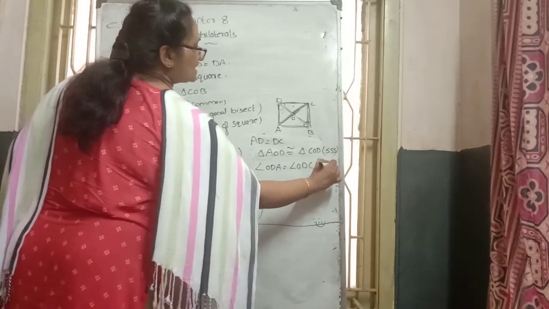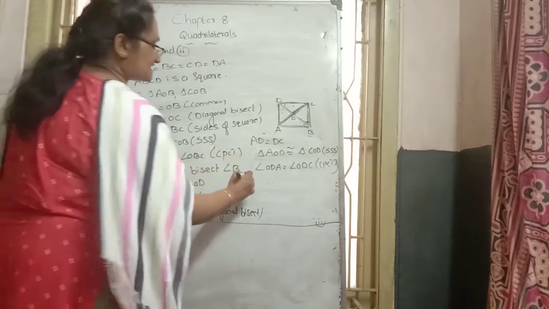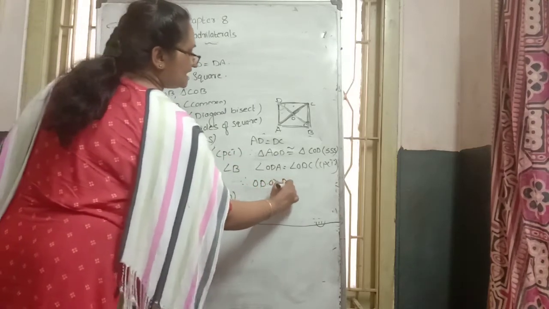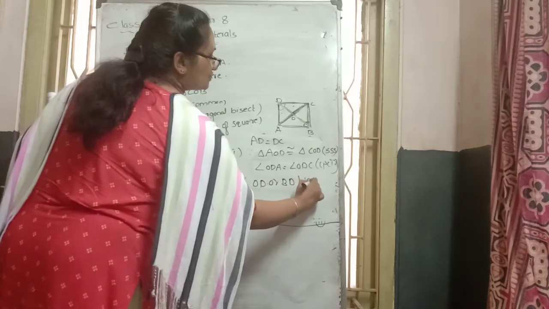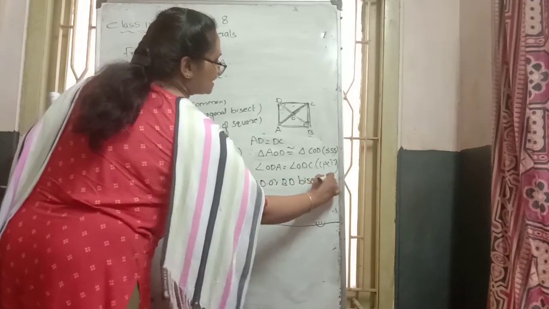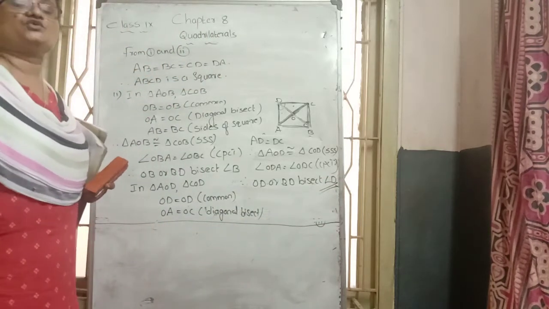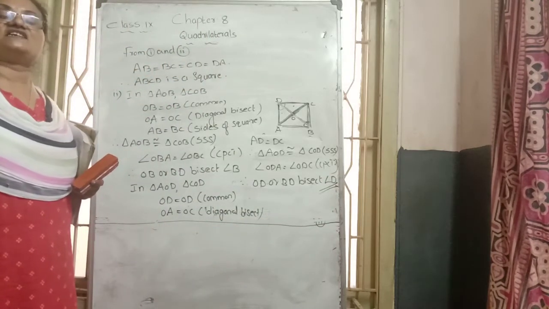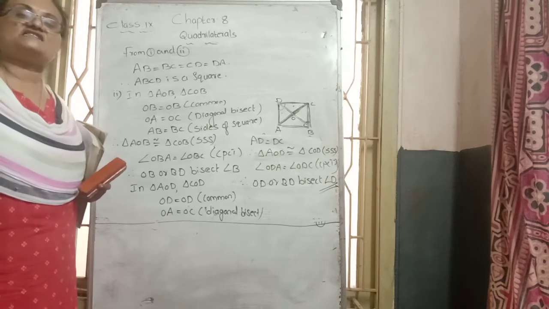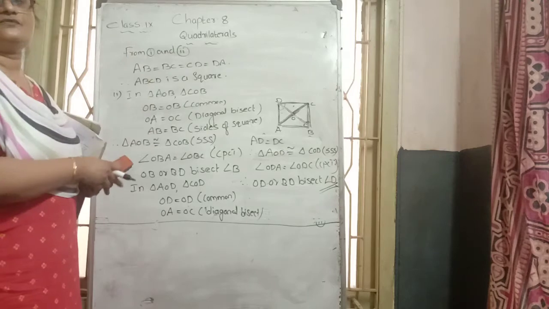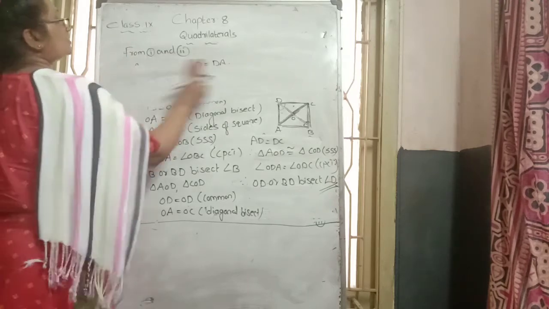Here we can say that the OD line, or BD line, bisects which angle? Bisect means cut in which angle? Angle D. That is the question. In the second part, prove that the diagonal OD bisects angle B as well. So we proved that. I hope you understand this 8th question. Next we go through the 9th question.